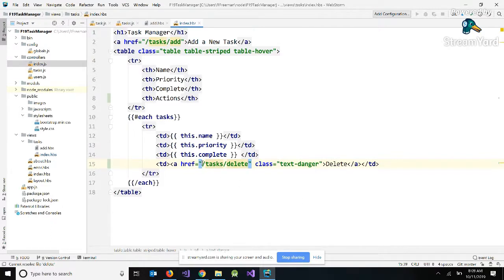Okay, our href tag is correct, but it's incomplete. What value do we need to specify, Nick? Right, we need to specify which task. So we need to append the ID value onto this. We can just put a trailing slash after what we have so far, and then with our mustache, our handlebars tags, we can put in